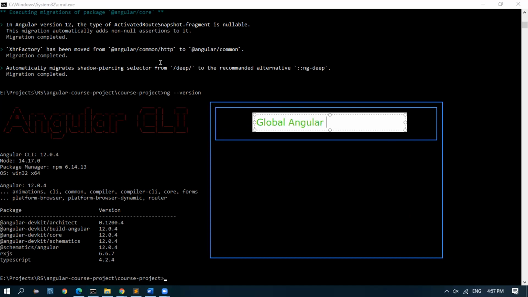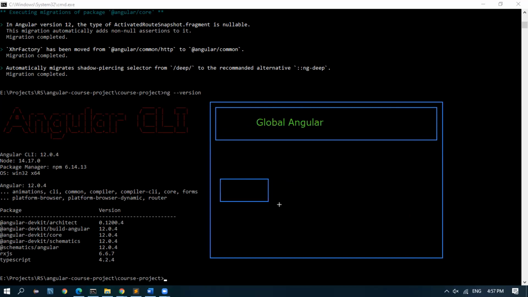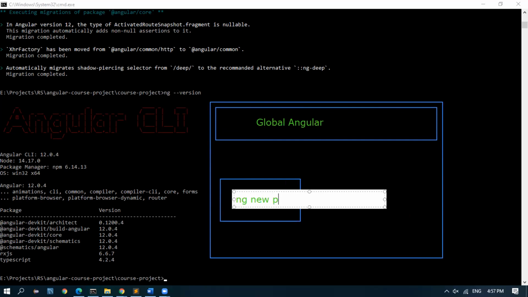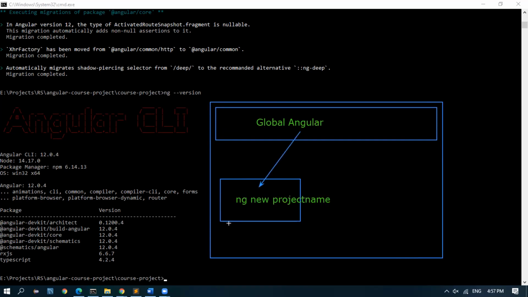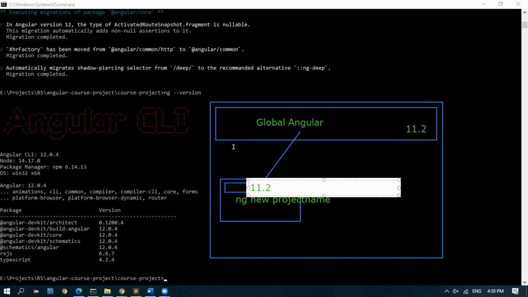And every time you go inside a folder and run ng new project name, the files from this global will be taken into your local copy. Now my global was 11.2. I didn't update the global, so when I gave ng new project, 11.2 came here also.